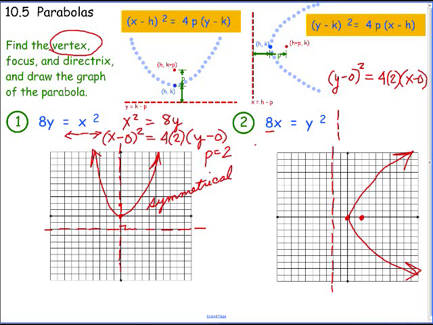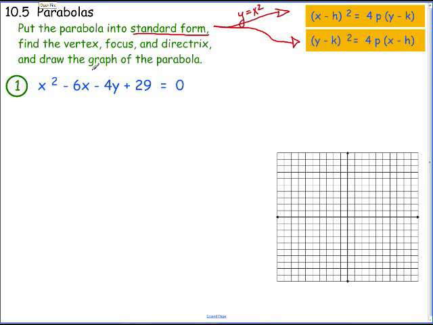Okay, so parabolas part 2. We had finished this page where we graphed one parabola, which was what we're accustomed to with x squared and y. And then we did one that was y squared and x. Our next chore, which we're starting now, is to convert from this